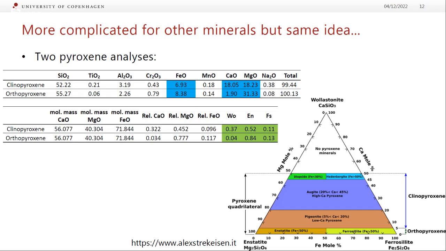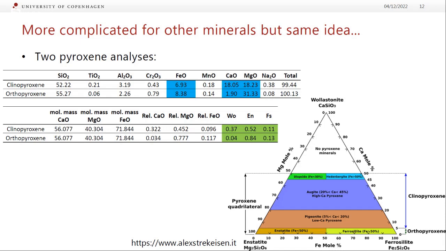Yeah. So all we do here is we take each one of these and we divide them by the molecular mass. So we're dividing MgO by about 24 plus 16. We're dividing FeO by about 56 plus 16, and I can't quite remember the mass of calcium, but it's something around 40, so we're dividing that by 40 plus 16. This gives us our relative amounts of calcium, magnesium, and iron,